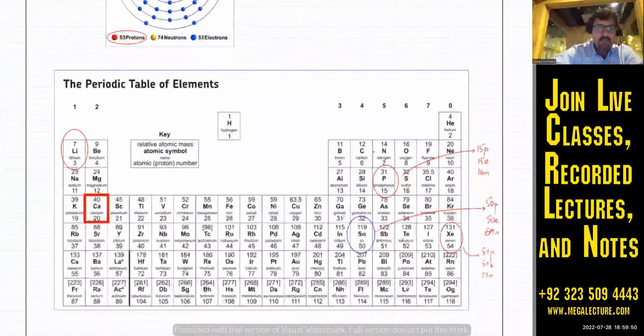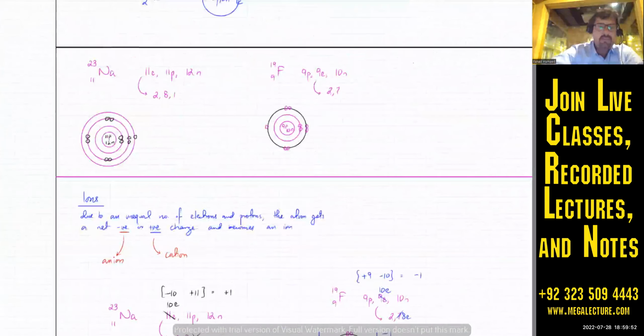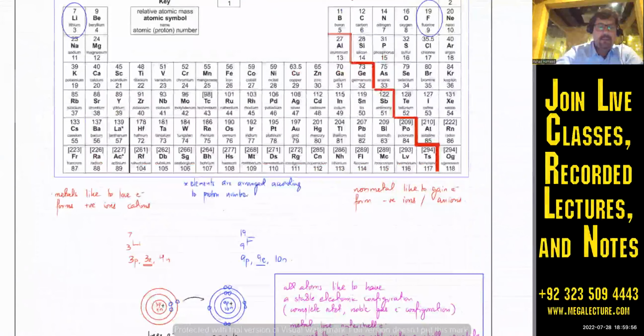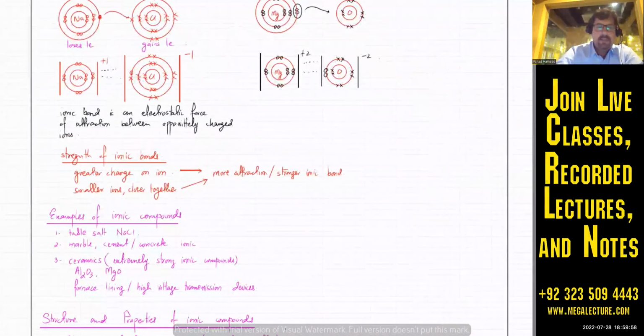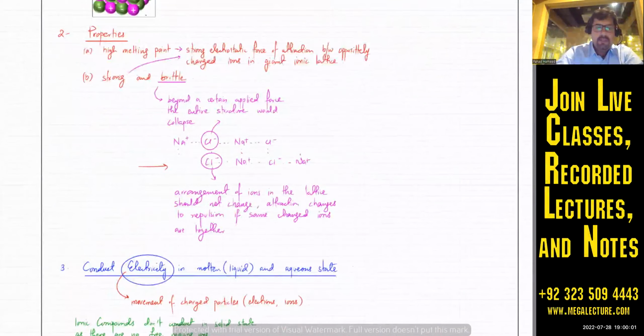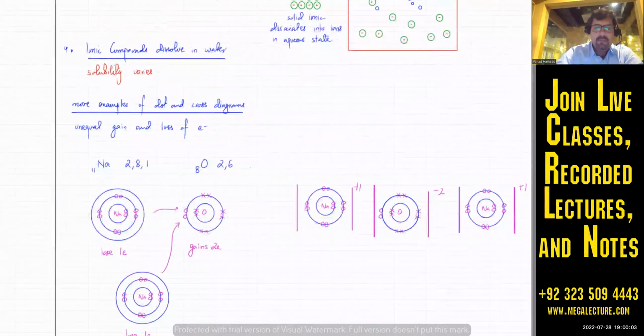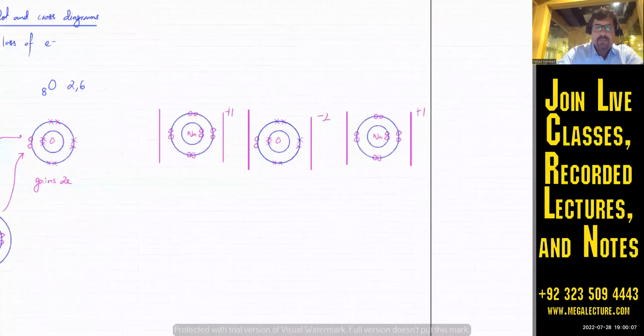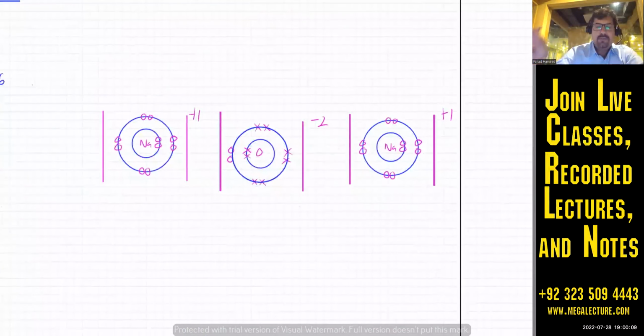So what did we do here? Ionic. We did lots of ionic compounds over here. These are the properties, and then I think we started doing examples. This is sodium and oxygen, right? If I wanted to figure out the formula for sodium and oxygen,